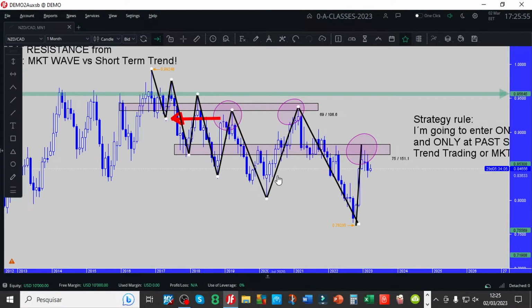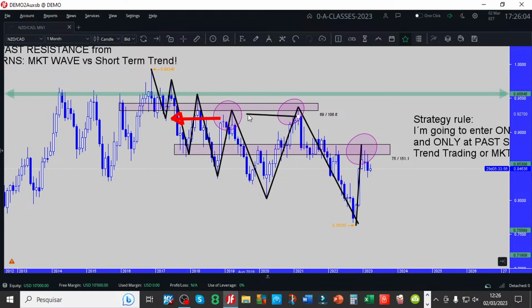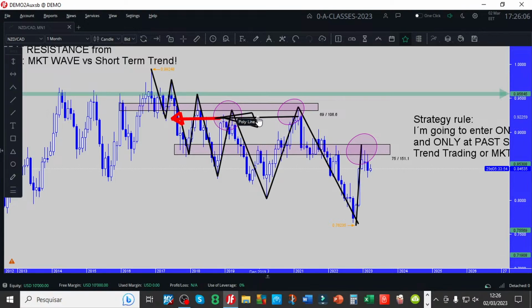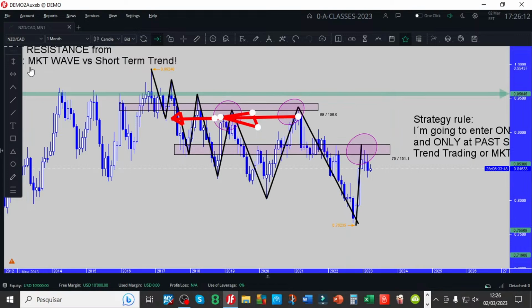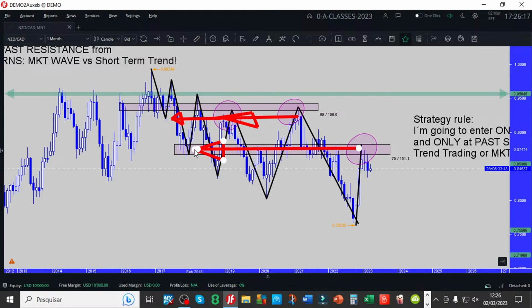Yes, I connected highs and lows. Can you see it, everybody? This high reacted to this low. This high reacted to this low too. Red color, there you go. And this high is reacting to this past resistance. Can you see it, everybody? Type in the chat, yes, I can see it, or no, I cannot see it. Wisdom says, yes, clear.